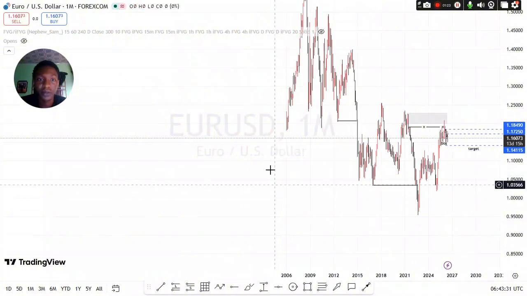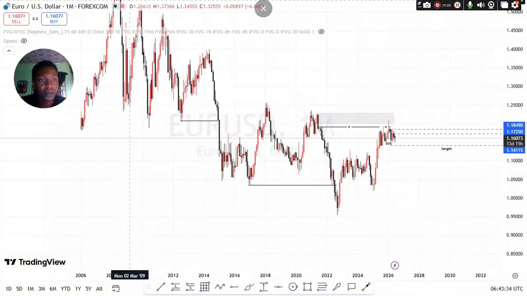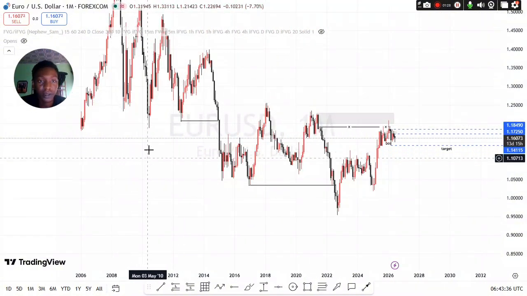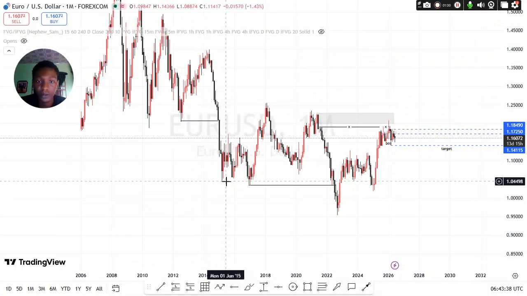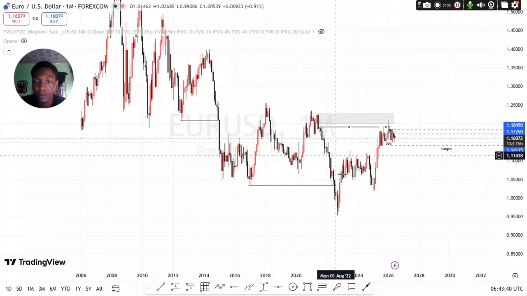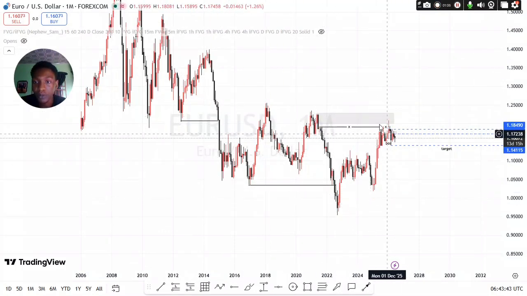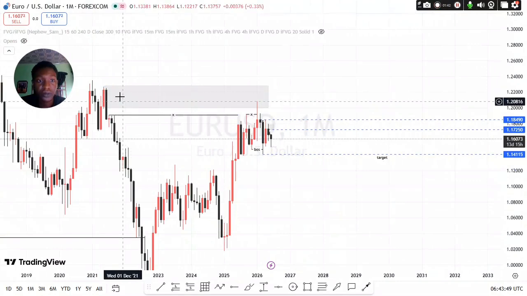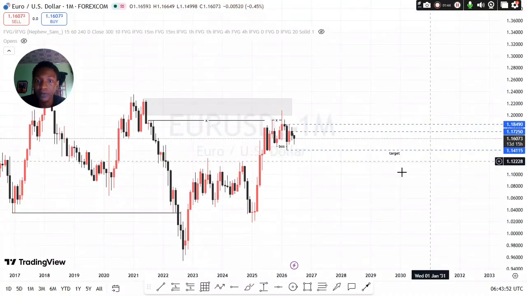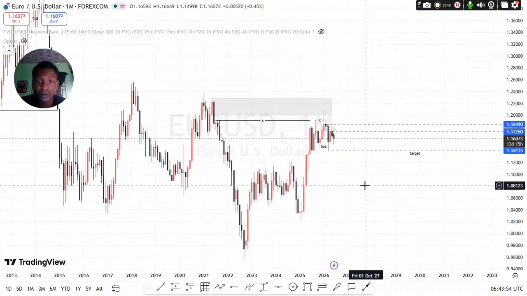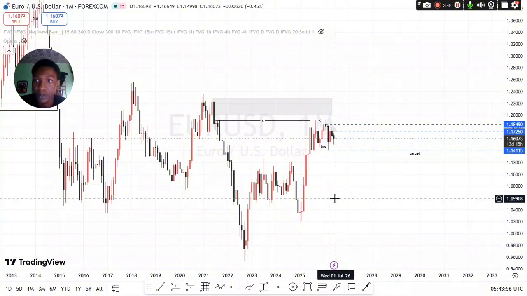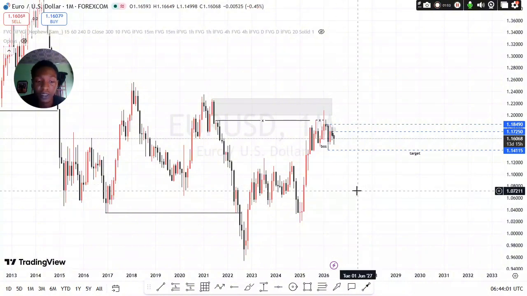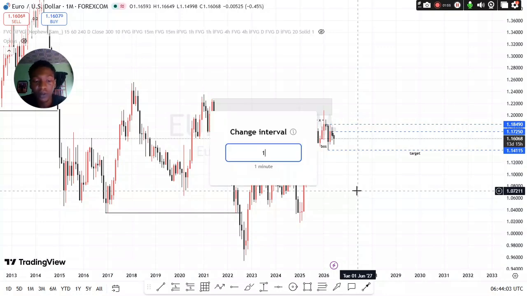time frame, it has been bearish, just lower highs, lower lows, lower highs, lower lows, and now price has gotten to a point that is supposed to create another lower low. So from this order block on the monthly time frame we are bearish. Generally EURUSD is bearish. But we are looking for buys, and you'll see why when we go to